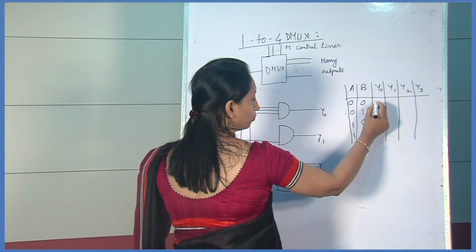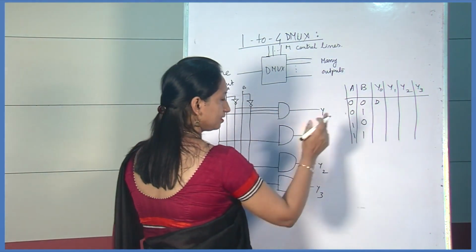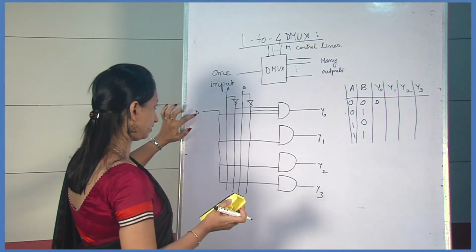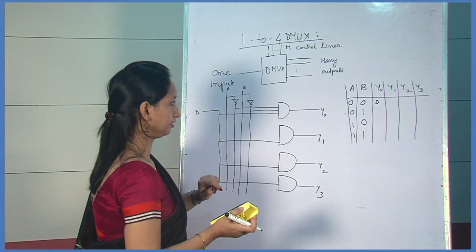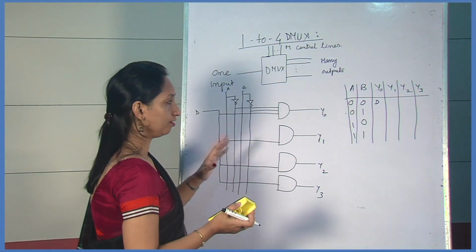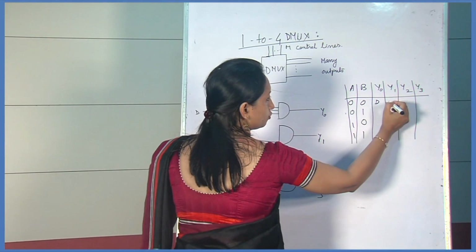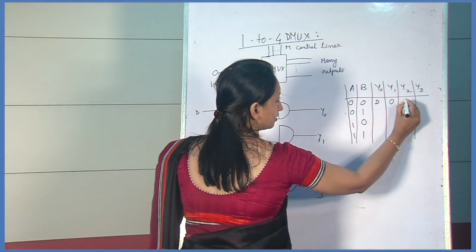So Y0 will be D here. Whatever value is applied to the input is reflected on the output of the first AND gate, and the other AND gates are disabled, and